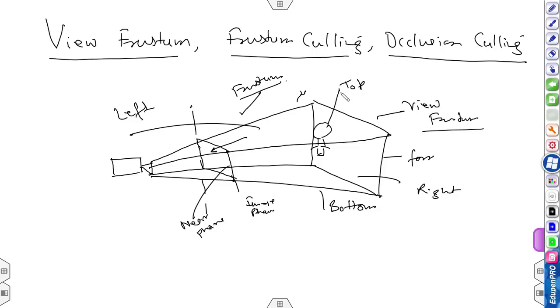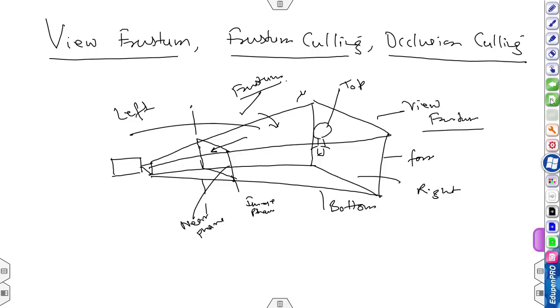Why is this happening? Because it may be possible that not all the objects present in the scene come under the view frustum. So whatever objects are present in the view frustum will only be visible. This was the concept of view frustum.